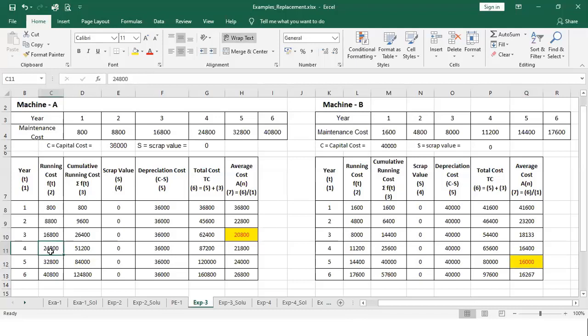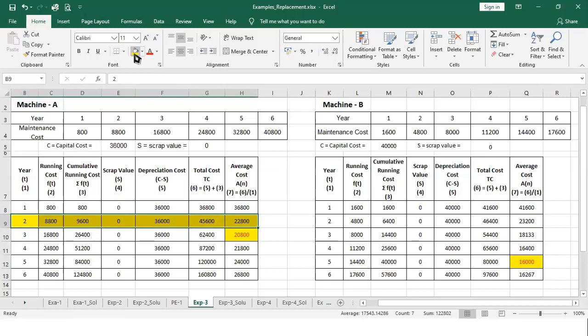Now if I am using machine A for the fourth year, then I have to put a very high burden of around 8 to 9,000 rupees. So I have to spend extra. If I purchase machine B, the maintenance cost is lesser, and that's why the average cost is getting lower. So it is advisable to change machine A with machine B after the usage of the second year. Now if you have any doubt within this, unmute your mic and discuss. I will answer you.